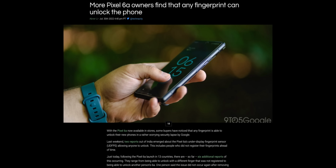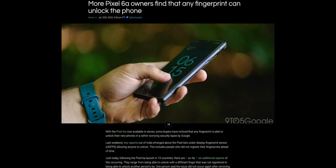Unfortunately, as of right now, there is a fingerprint bug affecting a small number of users where the sensor would just unlock with any fingerprint. While I haven't experienced that myself, I'm sure it's something that Google will fix soon with the next few software updates. And for the last of hardware, both of these phones have great stereo speakers and top-of-the-class haptics with very